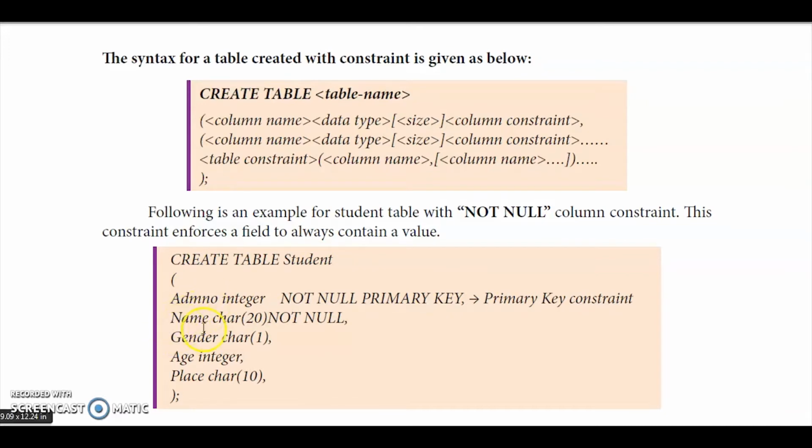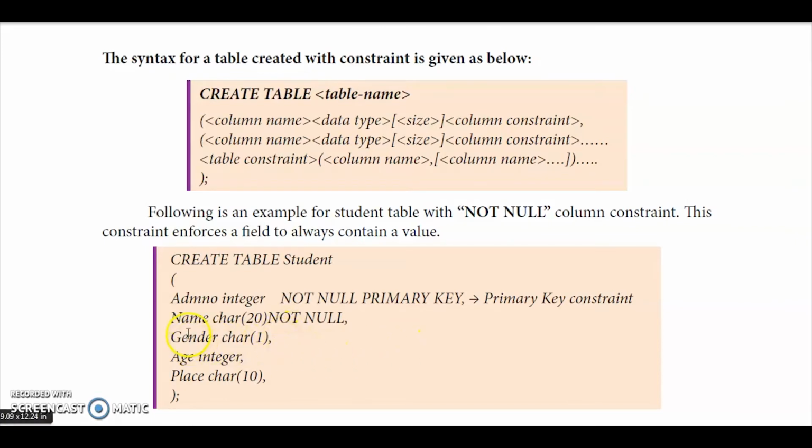Next, name, character 20: data type, size, and then its constraint, not null. It must also be filled with some value; it should not be null. Then for the other three, gender, age and place, I have not given any constraint.